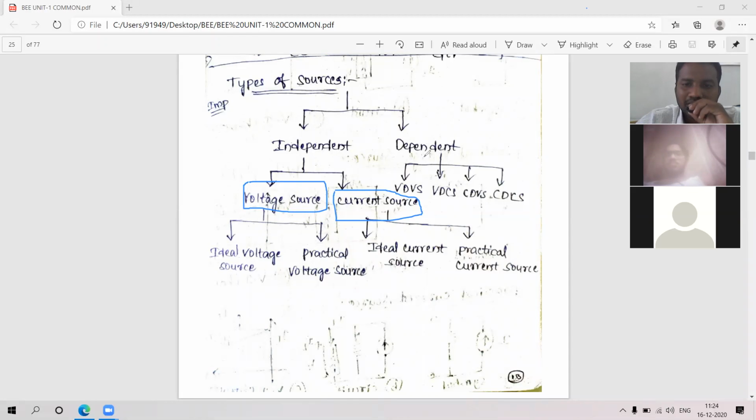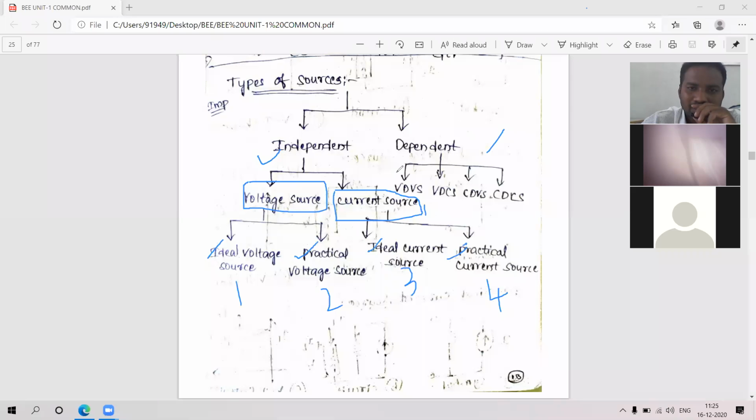Here, the independent sources are classified into two, that is voltage source and current source. Again this voltage source is classified into two: one is ideal voltage source and the other is practical voltage source. Coming to the current source, also it is ideal current source and practical current source. Total 1, 2, 3 and 4. So the independent sources are classified into 4, whereas the dependent sources are also classified into